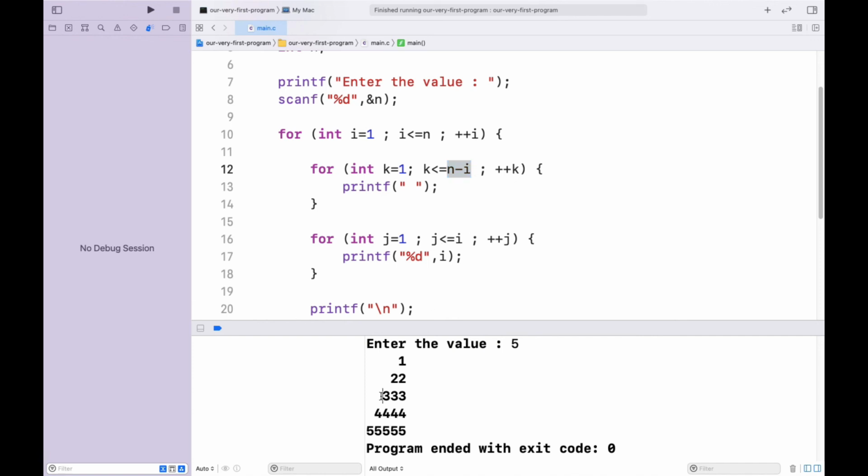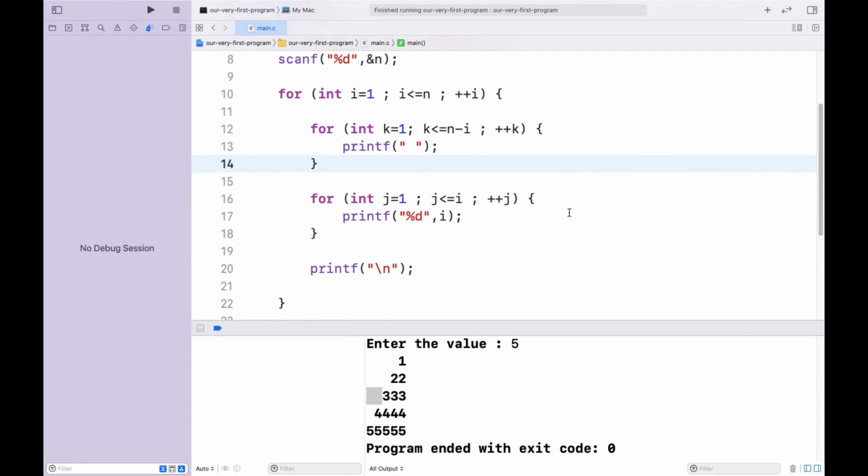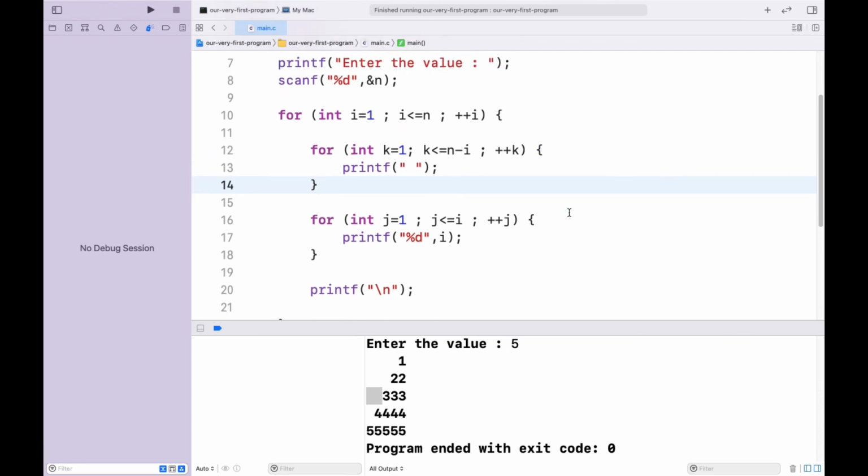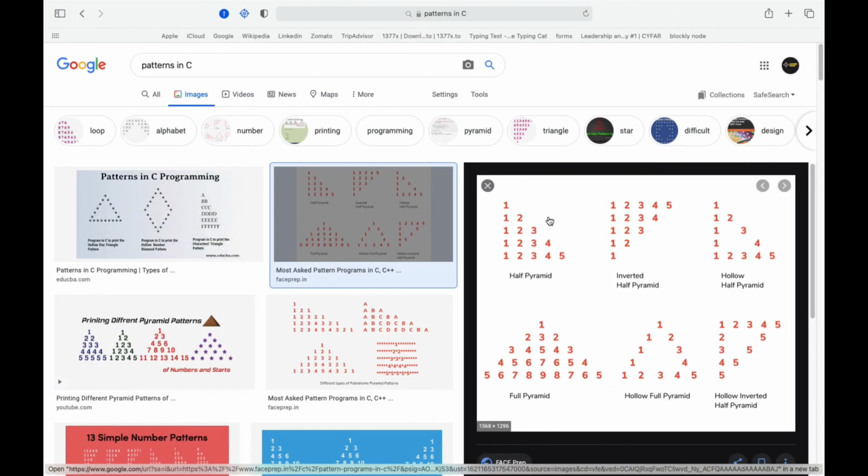You can see in here, for the ith level we need n minus i number of spaces before that number. So I hope this program is quite understandable, and I would recommend you guys to practice